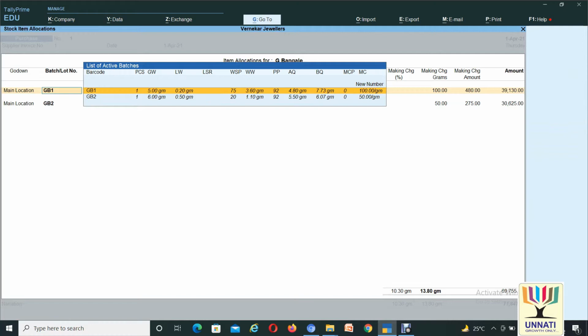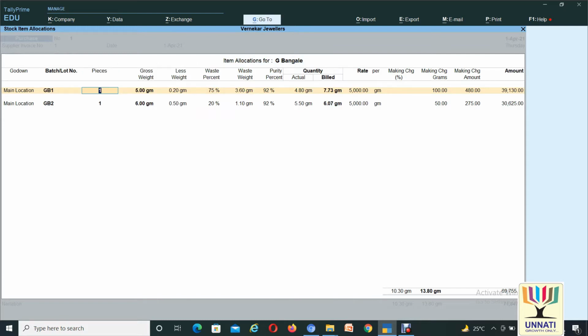You can also mention batch or lot number if you need, and how many pieces you are purchasing, what the gross weight, less weight, waste percentage, waste weight, and purity percentage are, and the actual gram and the billed gram.